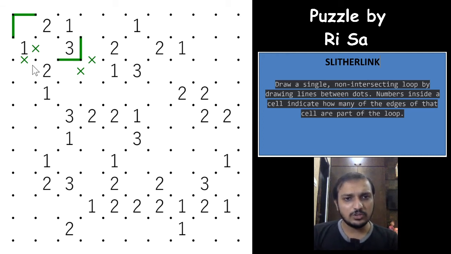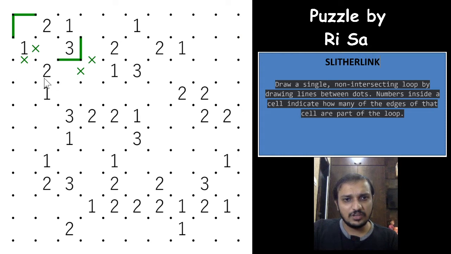And now coming on to the next logic, this 2, as you can see here. Whenever you have a 2 at an edge, we have already covered a basic technique, and usually the basic techniques include the two logic at the edge, right? If you have a 2 at the edge, then these two segments will always have to be true.